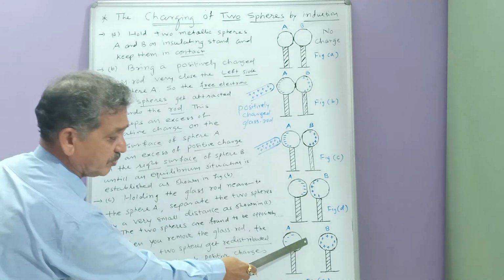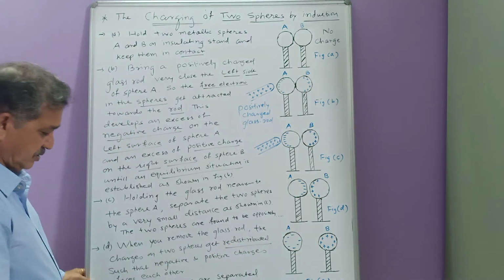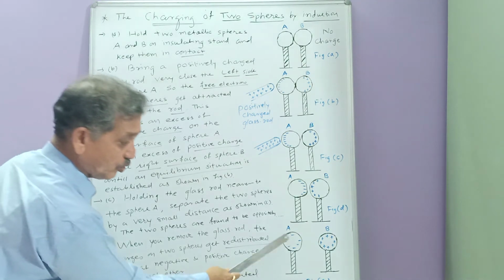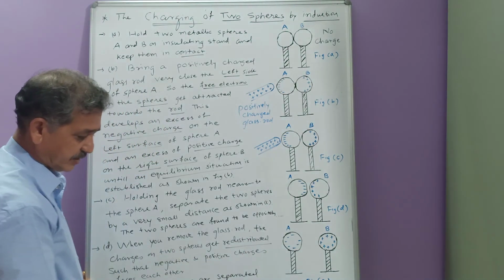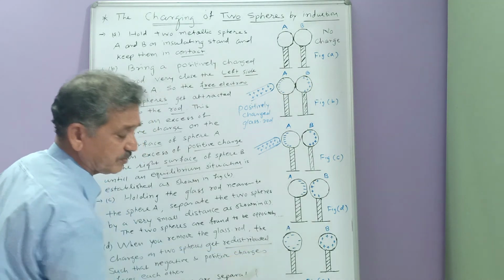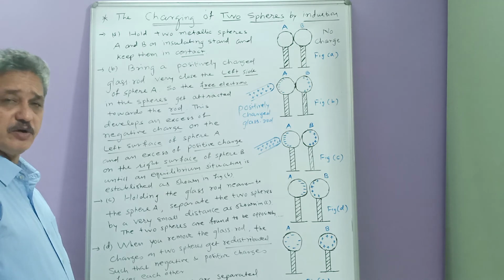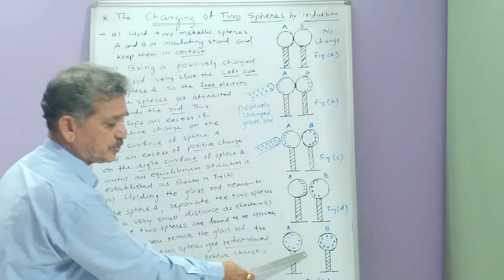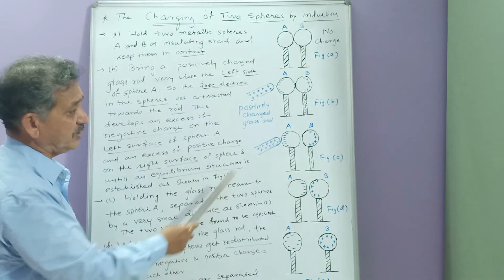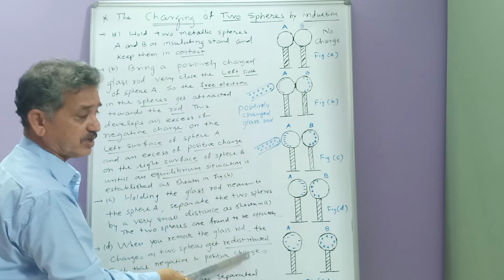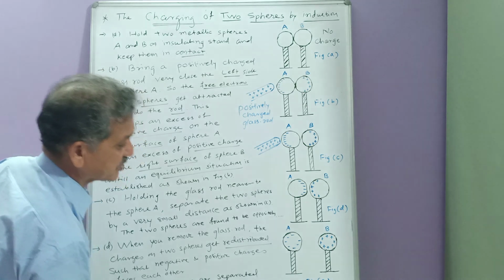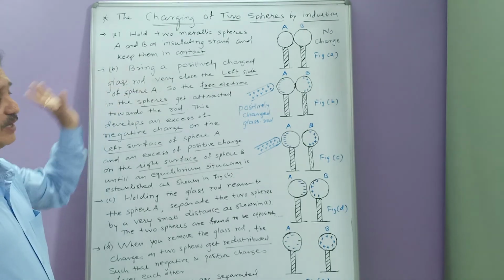But thereafter, when you make a quite larger separation distance, so when the two spheres are separated quite far apart, the charges on them get uniformly distributed such that on the entire surface of sphere A negative charge and on the entire surface of sphere B positive charge will be induced, and thus you can see the two spheres are oppositely charged by the method of charging by induction, without the positively charged rod coming in contact with either of the spheres. And this is the charging by induction of two metallic spheres. Okay.